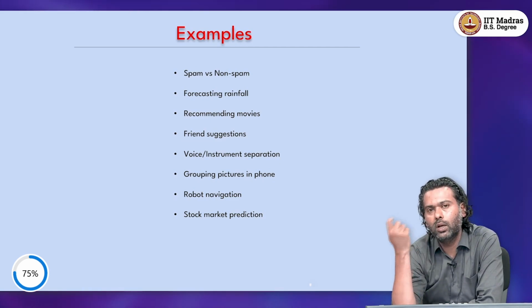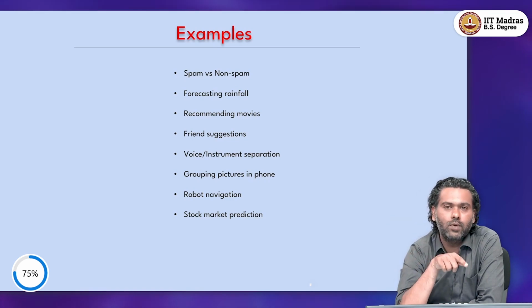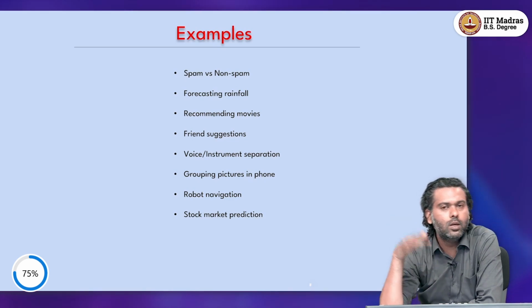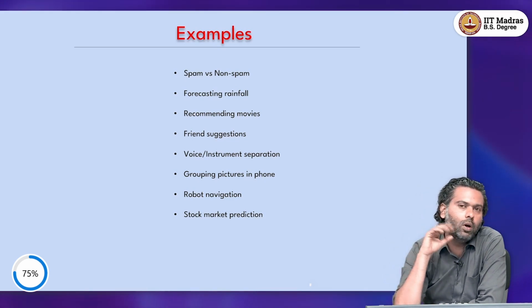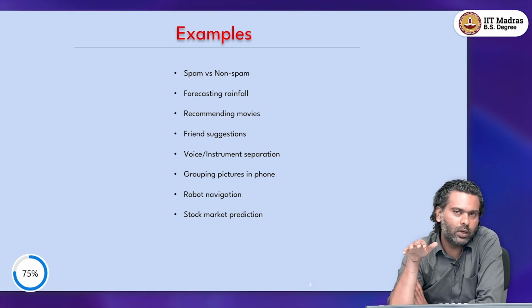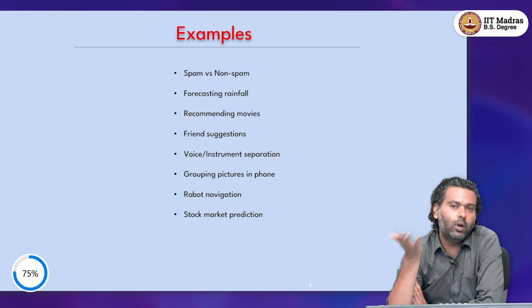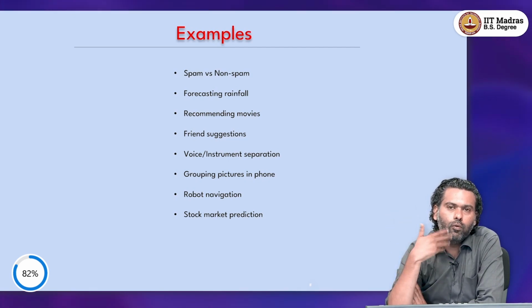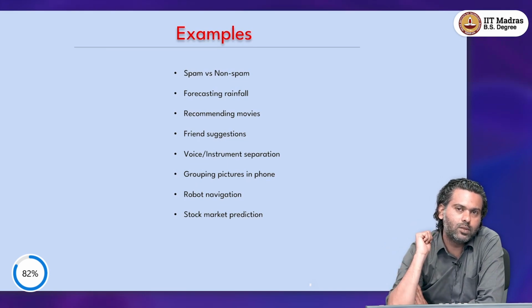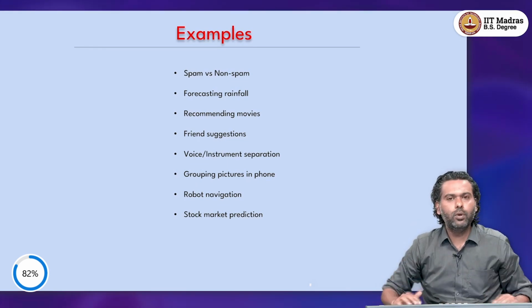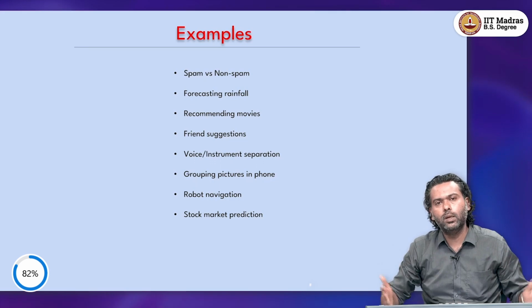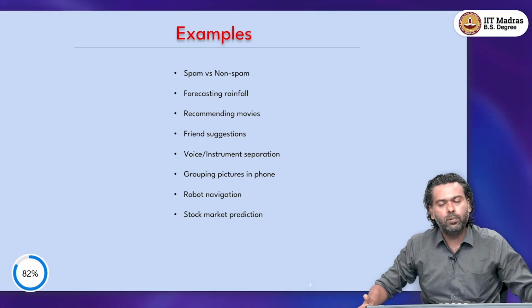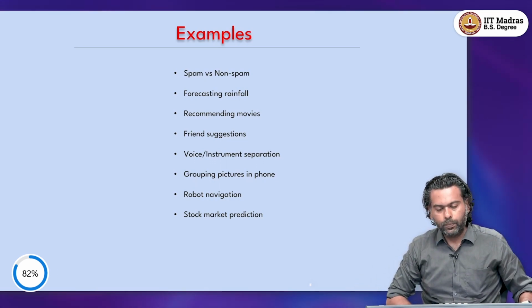Which means that you want to predict the stock market properly, so that if you believe the stock market will go up at the end of the day, you will invest in the stock market at the beginning of the day, so that you gain as the stock price goes up. Or if you think the stock market will go down at the end of the day, you will refrain from investing so that you don't lose money. Now, what type of learning do you think this would be? Again, I've thrown so many examples. I want you to pause and think about what types of learning these are.